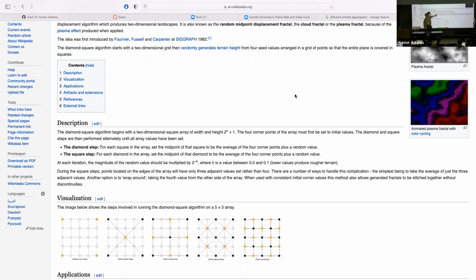Essentially the way that this works is you start with a flat plane, and then with increasing resolution, you change the elevation. Starting with just 4 points in that plane, you randomly change their elevation. Then you step in to a greater resolution, you change the elevations within that plane, and so on and so on and so on. So to finer and finer resolution, you are adjusting elevations from this initially flat 2D plane. And you allow this to run, and at the end of running this, what you end up with is some randomly generated mountainscape.